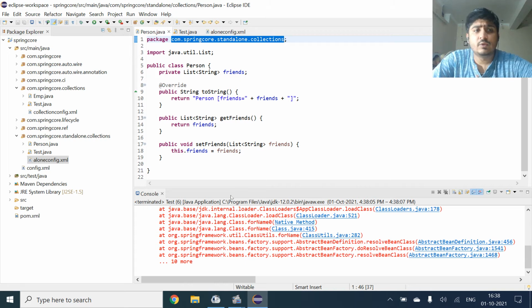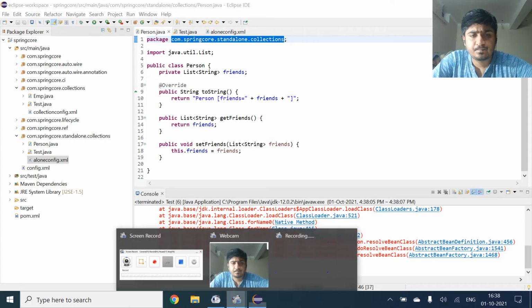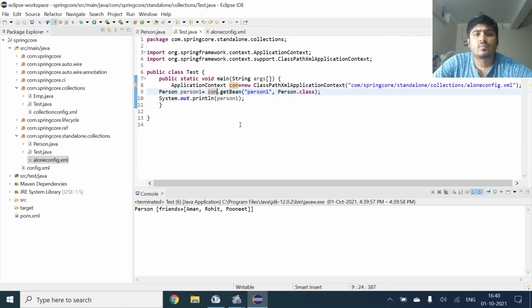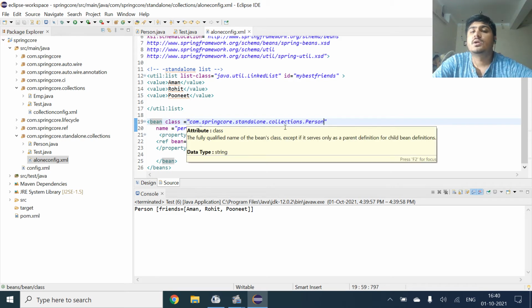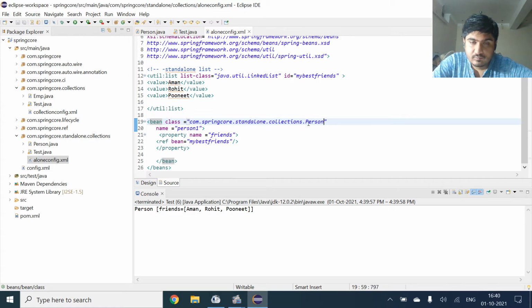I will just fix the errors first. So now I have fixed the errors. Basically, there was a small error, and the error was I had just given the path com.spring.standalone.collections. I had not specified the class name.